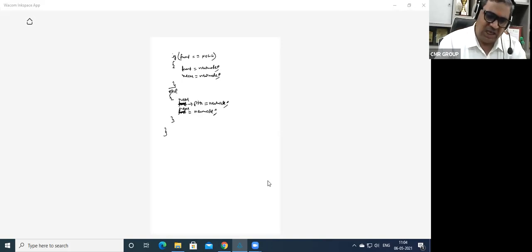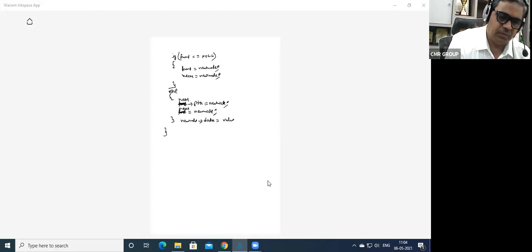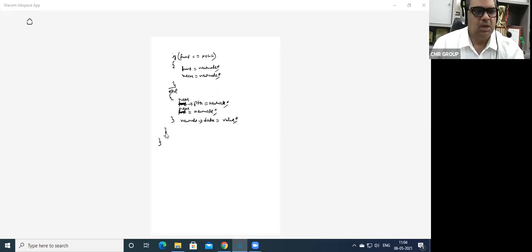Since I have not done it there, before the else is closed, I will do that: new node arrow data is equal to value. And now the else is closed, and thereafter I'm closing the void insert. Any doubts you can ask?